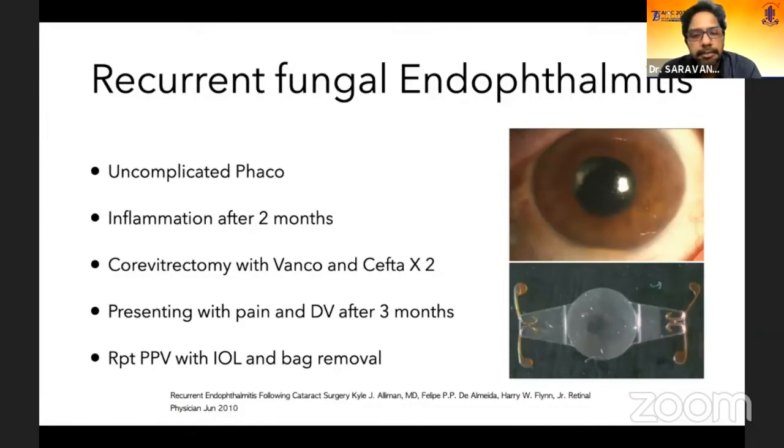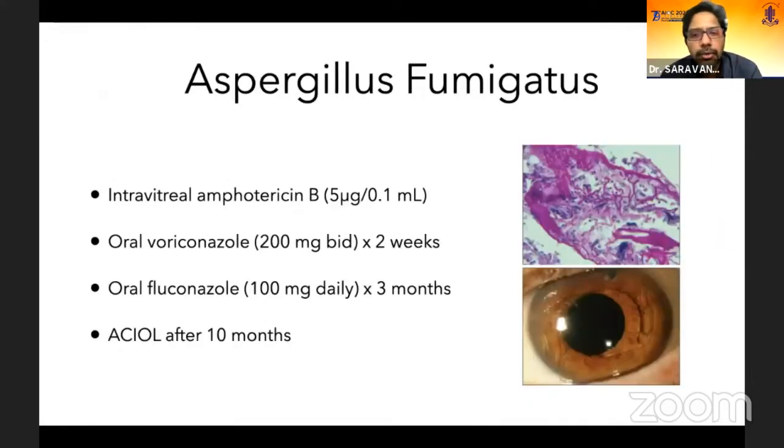And sometimes just taking a vitreous sample or an anterior chamber sample may not be enough to identify the offending organism. Like in this case where there were multiple recurrences because they could not localize, and finally the IOL had to be removed and inoculated on the plate, which showed the presence of Aspergillus fumigatus infection in this patient, which was then treated with both intravitreal amphotericin and oral voriconazole medications.